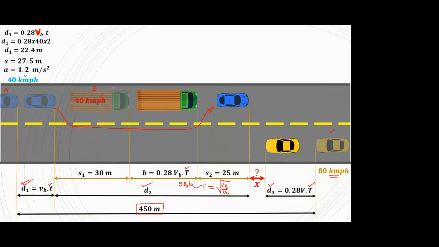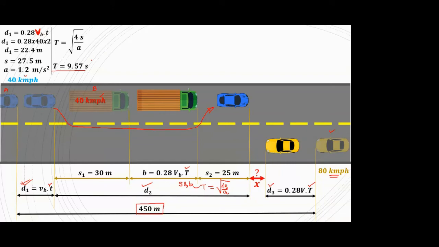And the acceleration they have given, that is 1.2 meter per second square. So knowing S and A, I can find out the T value, that is overtaking time. It's under root 4S upon A. And just substituting the values, I have not shown the substitution here. You can do it yourself. I get the capital T as 9.57 seconds. Okay, so this is the overtaking time.